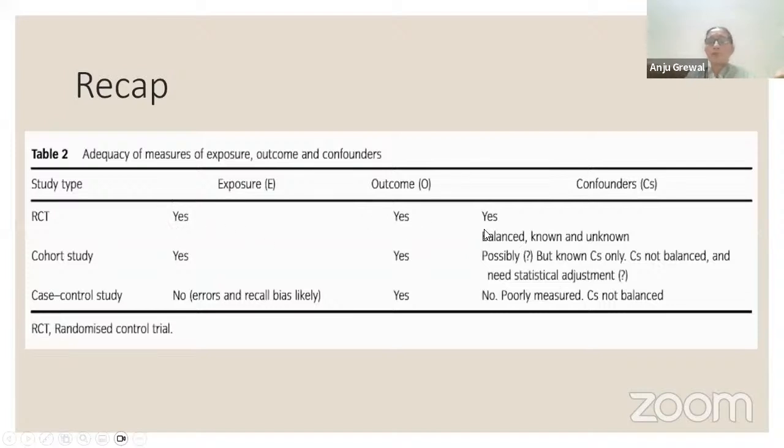So just to give you a recap, RCTs, as we all know, we do more often. There is an exposure and an outcome, and you also look at adequacy and try to control the confounders as well. Whereas in a cohort, we do look at the exposure and then the outcome, but the confounders, though we try to balance them, there still would be many lurking around, and therefore you might need a statistical adjustment for the same. Whereas in case control studies, you're actually looking at the outcome and then going back to look at the exposure. So there would be a lot of errors and biases coming in, and confounders will always be there to make your study not that valid and accurate.